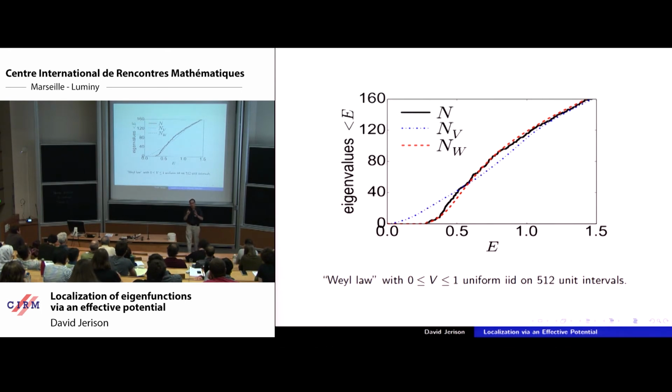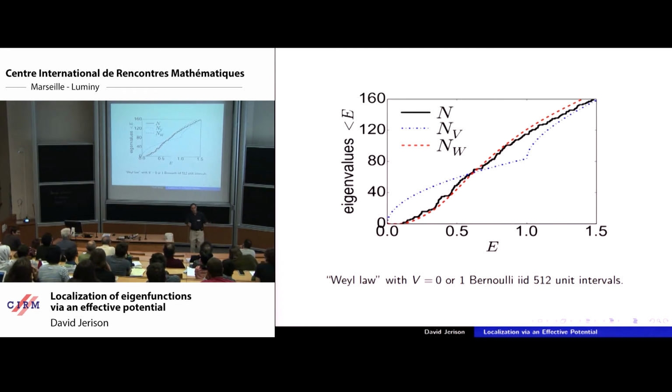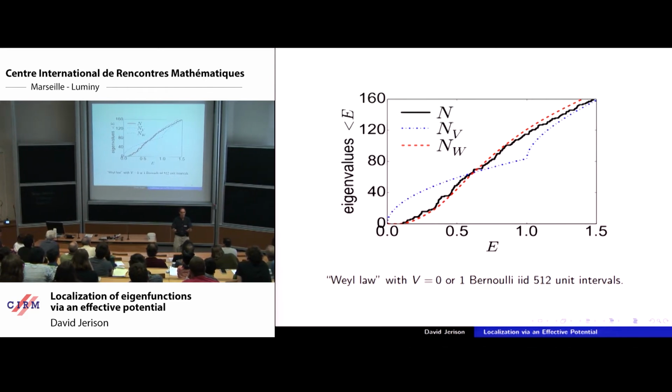Okay, so this is a purely phenomenological numerical thing. So let's just take a look at it. Instead of uniform distribution, let's do it with Bernoulli, just zeros and ones. Let's see what happens. So here's Bernoulli. Again, the blue line is stupid and ridiculous. We know exactly what it is. It's half zeros and half ones, right? So that's what you get apparently.